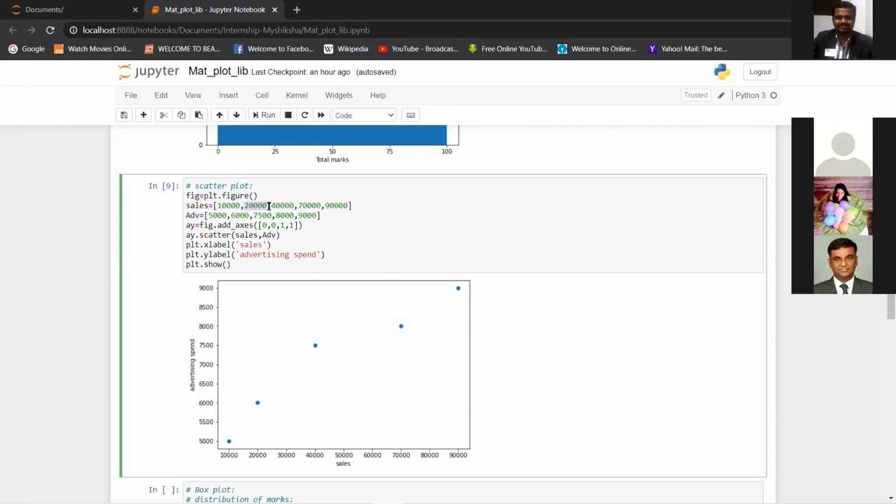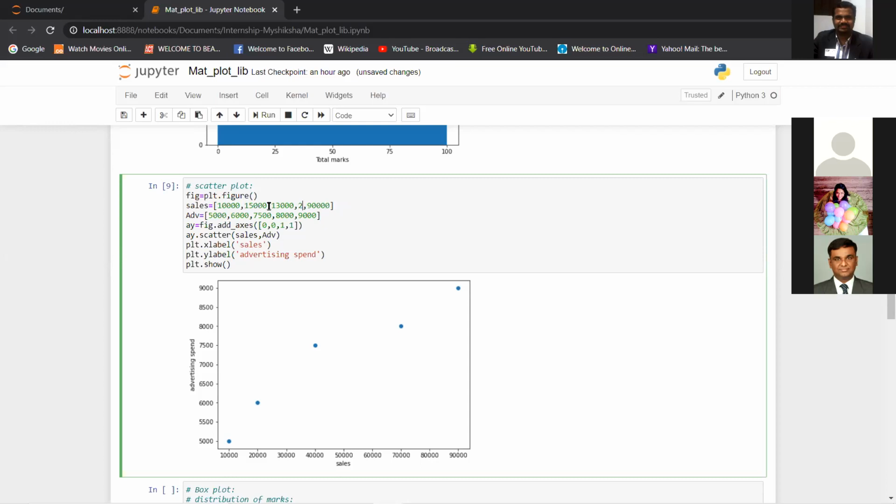So let's say the sales are not increasing as expected because of the increasing advertising spend, and I'll put in some random values like there is not much impact of advertising spend on the sales.